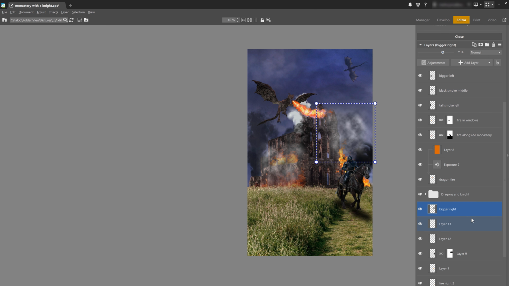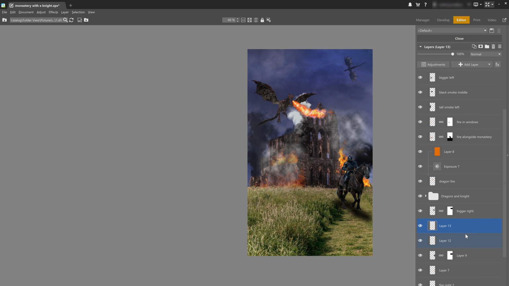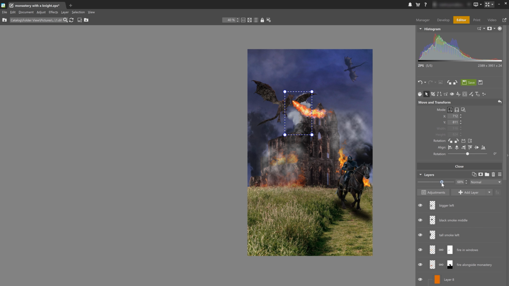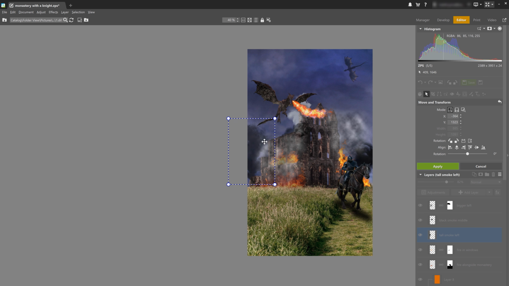And you can see that this cloud of smoke here has a sharp edge, as you can see it in the sky. So let's fix that using a mask like we did with the first one. And again, lower its opacity. Okay, so our photo is mostly done, but I'm just gonna do a few more final touches just to make it look a little bit more realistic, so that it all just merges nicely together.